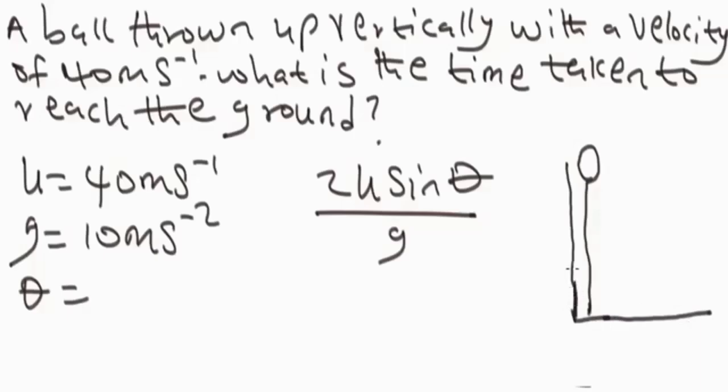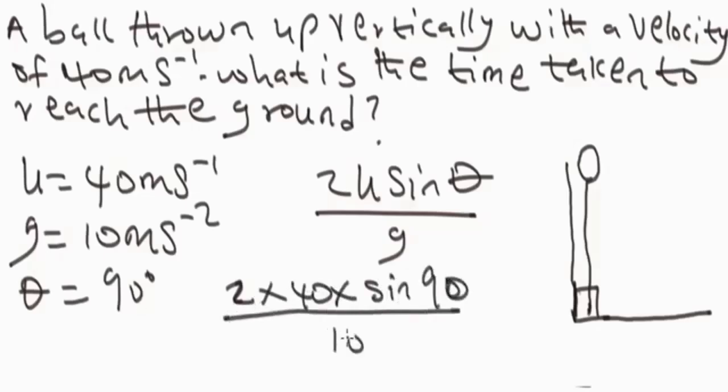Now, looking at this, you can see that you have already formed an angle of 90 degrees as you threw up the ball vertically. Alright, so our theta will be 90 degrees. Okay, now, so the time of flight will be, substitute, 2u, that's 2 times 40 times sine 90